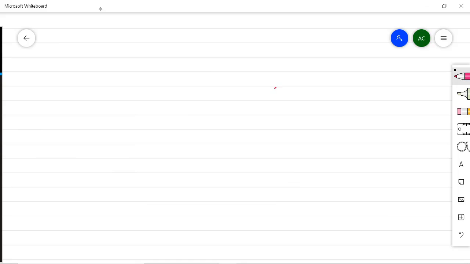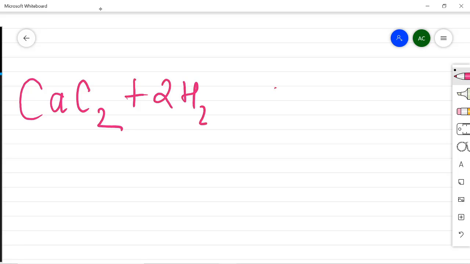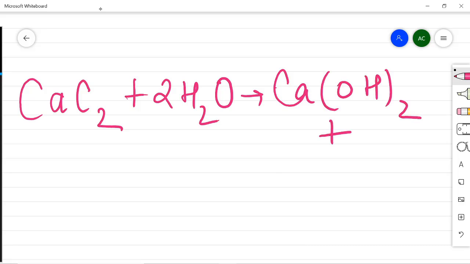Although laboratory preparation is not in the syllabus, I am using the reaction which is actually the laboratory preparation of acetylene, because I want to tell you where this garlic odor is coming from. So we will take this reaction. This is the laboratory preparation of acetylene or ethyne. We will take calcium carbide and make it react with water, and this will give you calcium hydroxide and